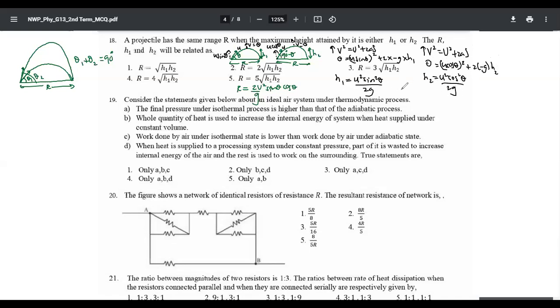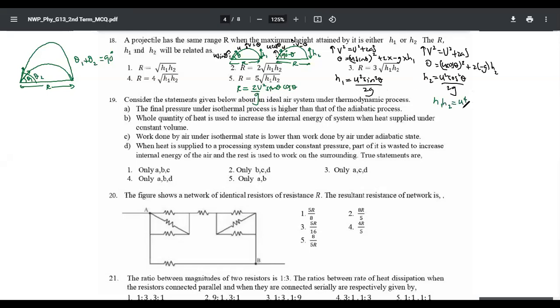So these are the two equations for h1 and h2. And R is already here. Right? Then in all the answers, they have combined h1 and h2. So let's multiply h1 and h2. When you multiply h1 and h2, what will it give you? That will give you